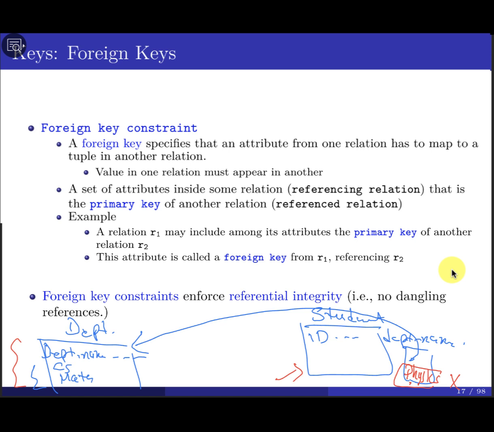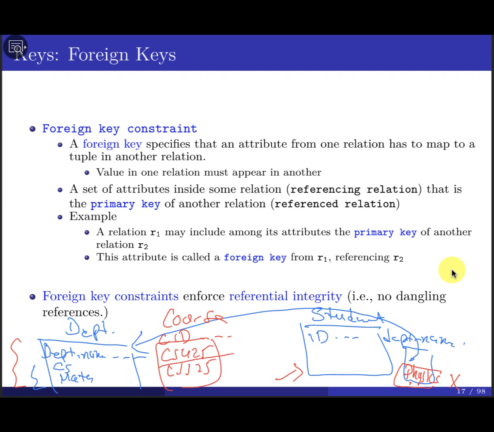Do you get this one? If you try to extract information or register a student for a specific course, let's say you have a course ID and so on. Let's say CS 425, CS 525. These are the only courses that we have in the IT. When a student tries to register for this course, let's say in the takes relation,